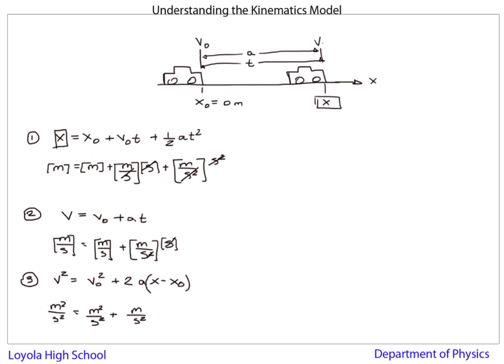And this is, right here, a meter minus a meter. So a meter minus a meter is still a meter. So I'll call that just a plain old meter. So if I look at the units here, meter squared per second squared equals meter squared per second squared plus meter squared per second squared. Again, making sure that if we have all the units correct from the beginning, that we'll have the correct units at the end. So these are the three kinematic equations we can use to solve for values at specific instants